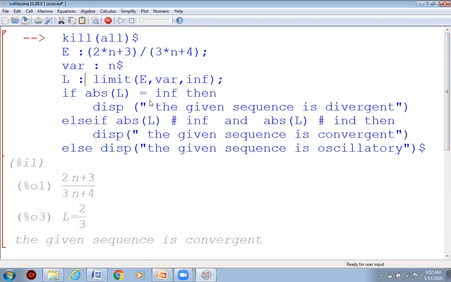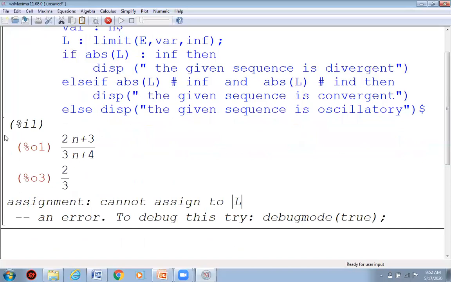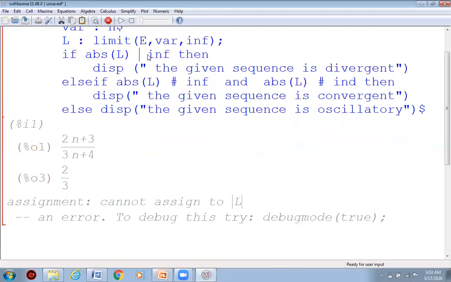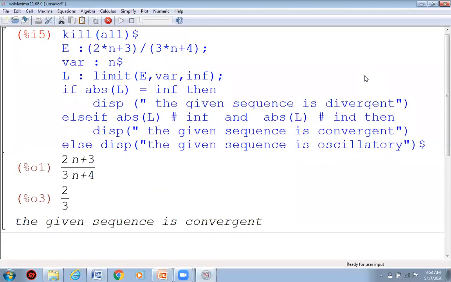Now, let me just show you one more common mistake. Over here, by mistake, I give colon. Let us see what will happen. So here you see it will say colon cannot assign to modulus of L. Alright. So the absolute value of L, I said it is modulus, right? So it is telling colon cannot assign this. So it's understood you have given colon at a wrong place. So therefore go back here and correct it. And always after each change, cross check the output.